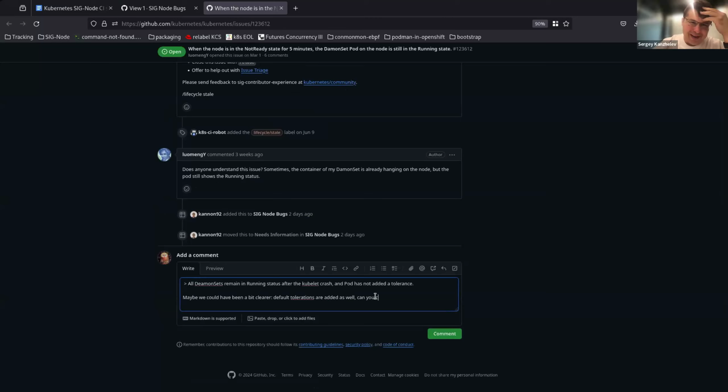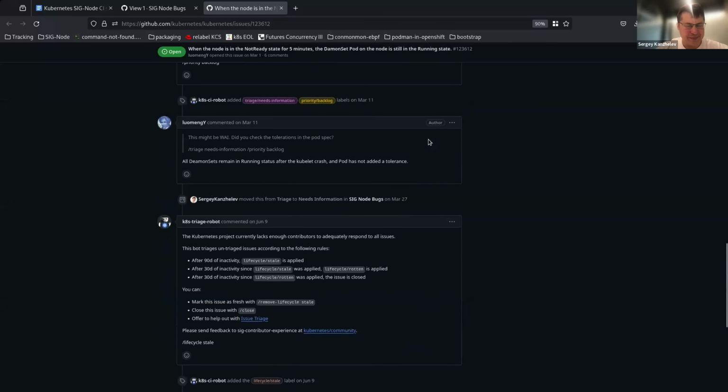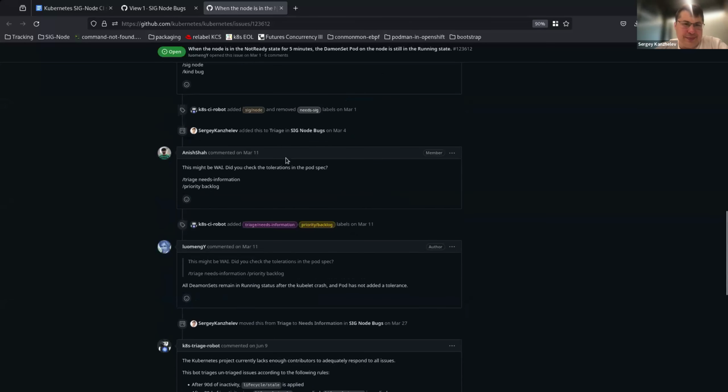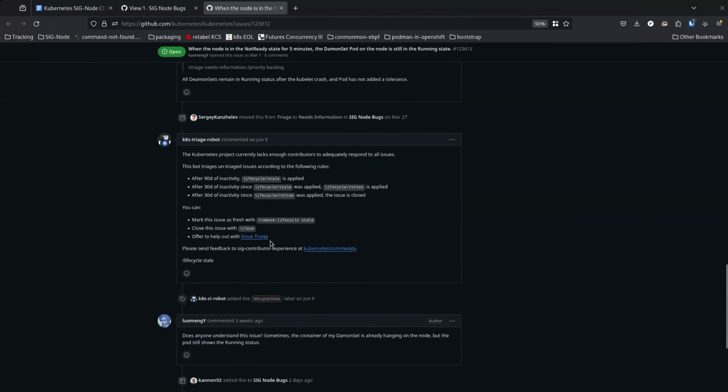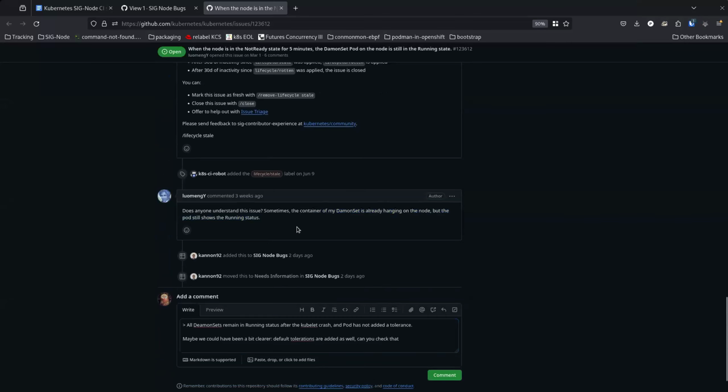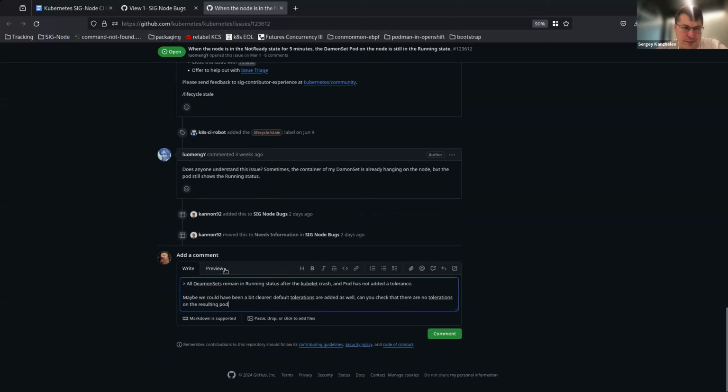By the way, shame to admit, but I didn't find where this default toleration is being added. I know they are. I kind of see them, but I don't really know which layer will add those tolerations. Yeah.